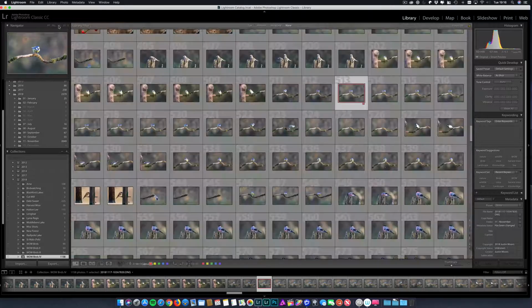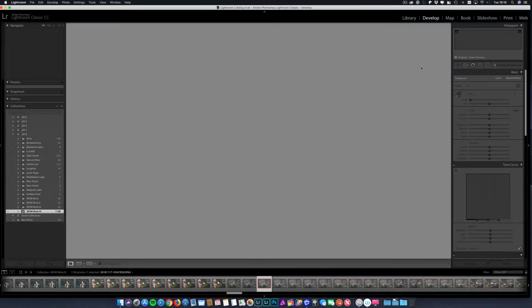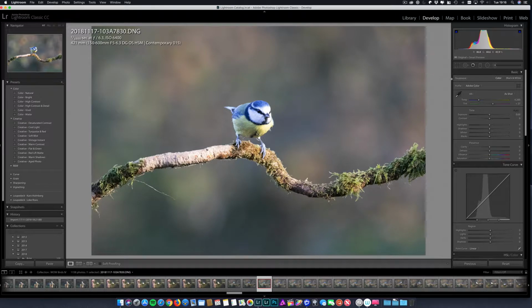So what we're going to do, we're going to start just by doing the usual tweaks to the image. So I'm going to go into the develop module, and the first things I'm going to do is start looking at bringing down the highlights to recover detail back into here, because you can see it's sort of blown out. We've also got blown out highlights here as well, which are quite distracting. So I'm going to bring the highlights down, and straight away we can start to see a little bit of